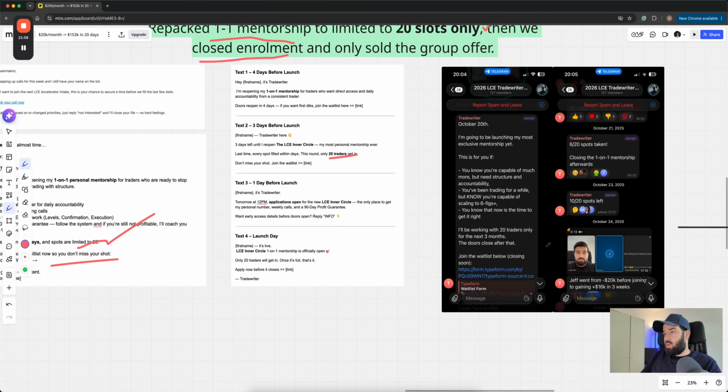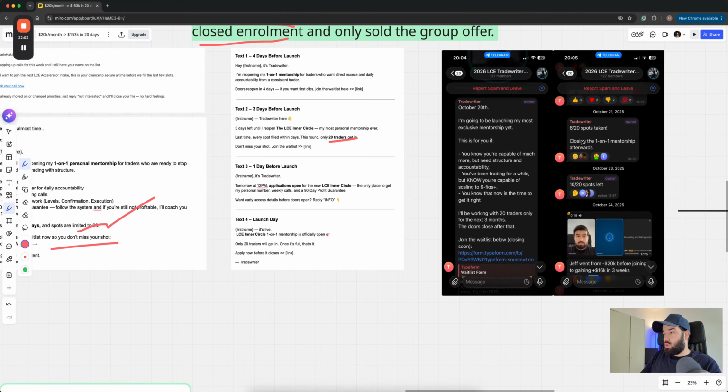When somebody enters the wait list, we also gave them access to the private Telegram. In the Telegram, we were literally building real urgency and hype. So we got them excited. We were doing case studies, interviews, getting them excited. And then every time somebody actually enrolled, we would drop a notification telling them that 10 spots left, 7 spots left, whenever somebody actually enrolled into the program.